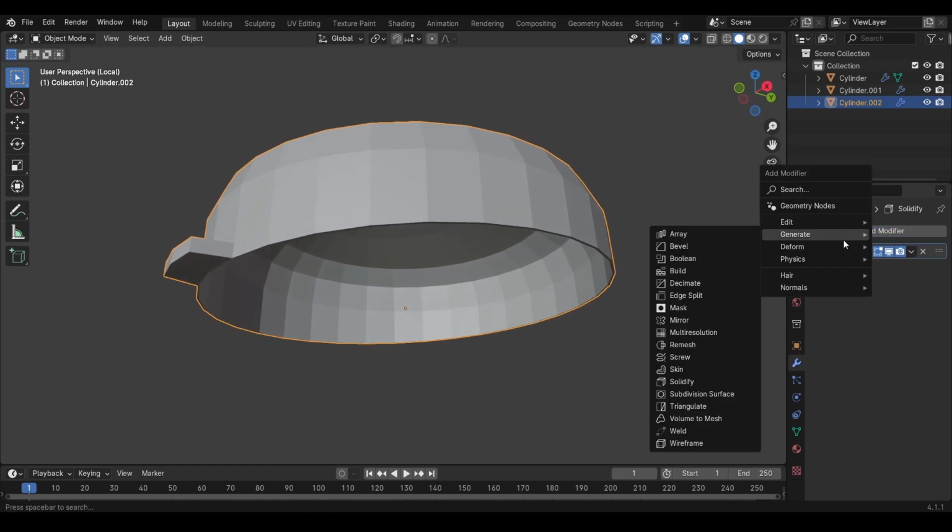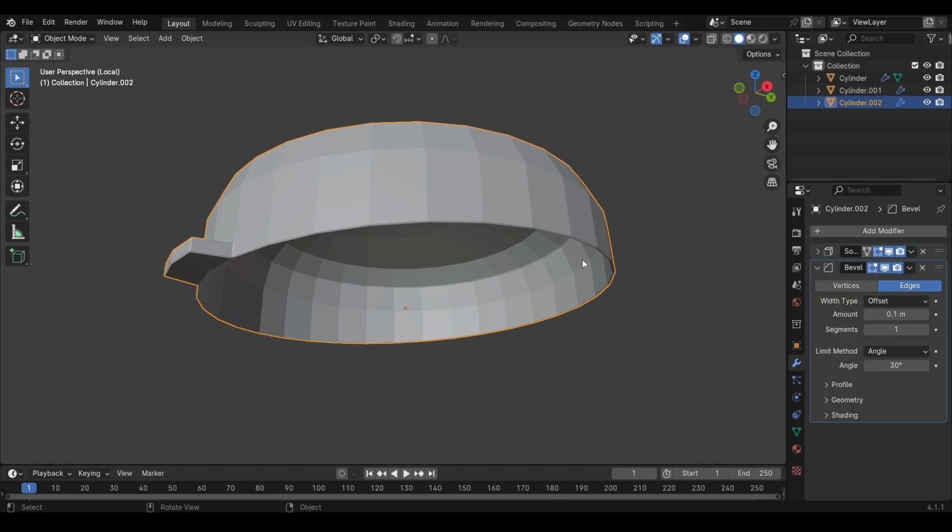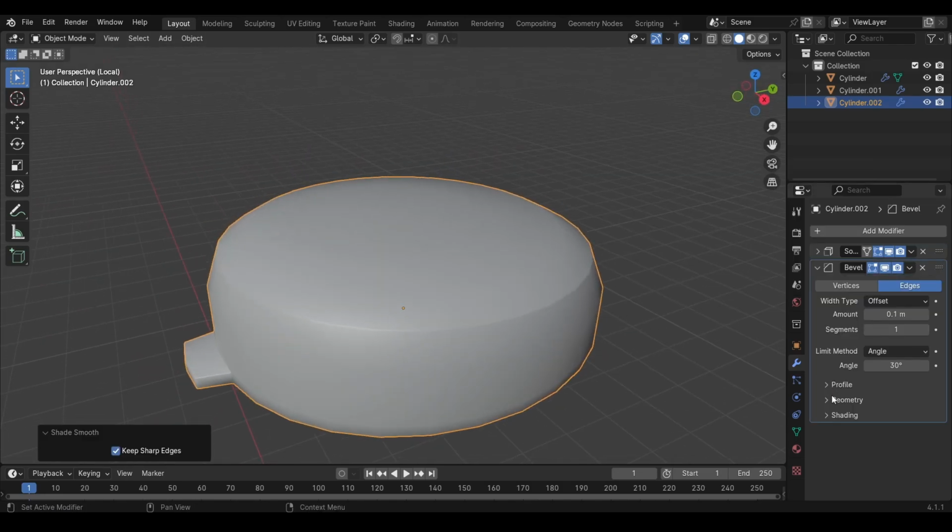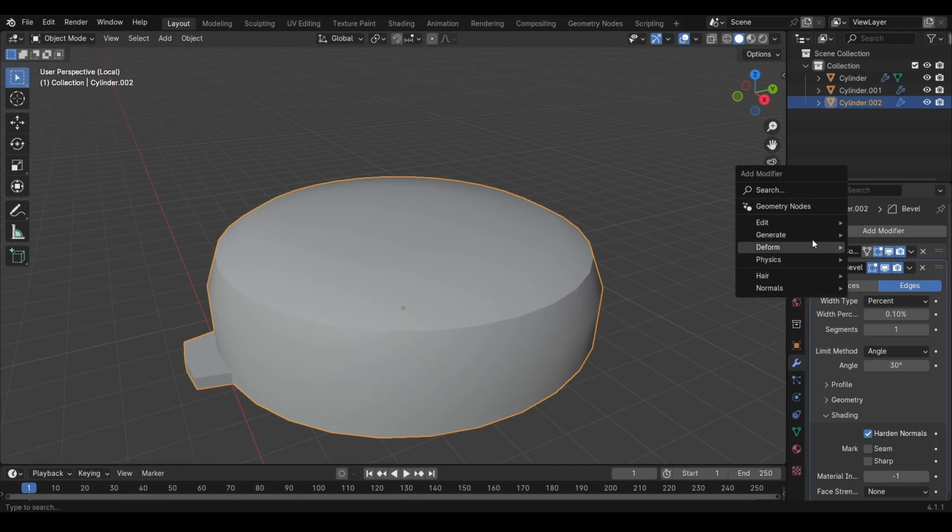Then add a bevel modifier. Right click on the object and select Shade Smooth. Go into the geometry section and change the miter outer to arc, and in the shading section turn on harden normals and change the width type to percent. And let's also add a subdivision surface modifier